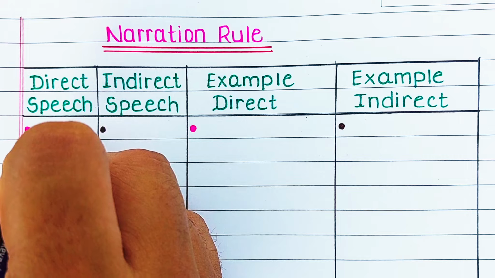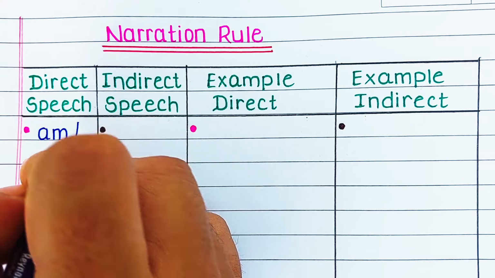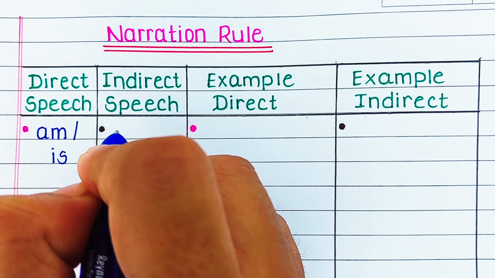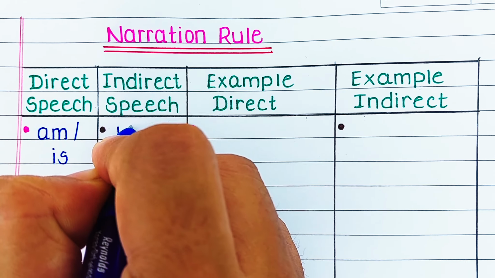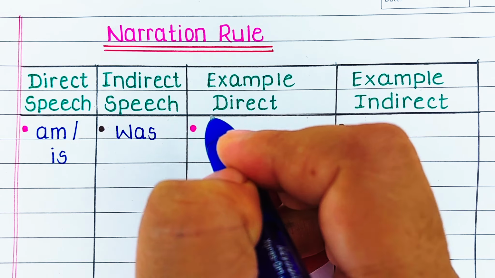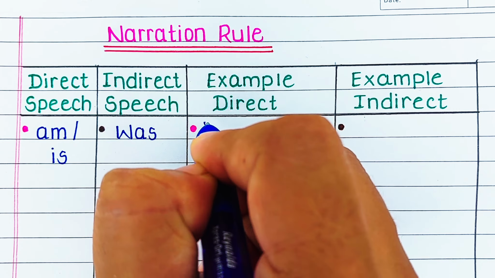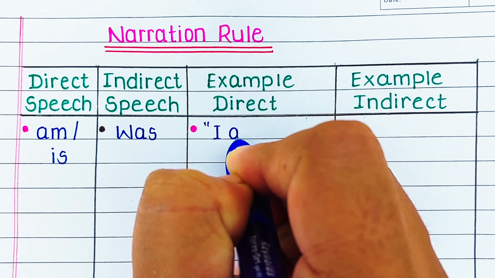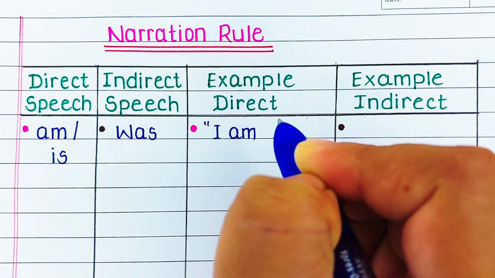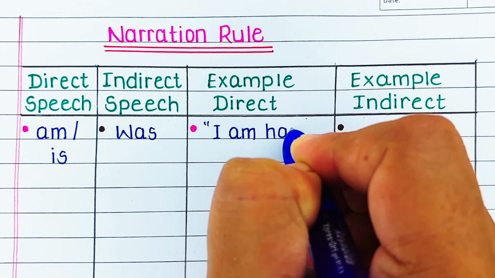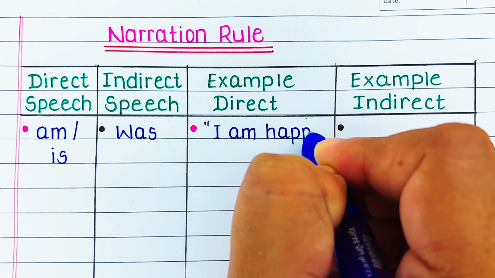In this video, we will learn about a very important topic in English grammar, narration rule. Rules for narration, also known as direct and indirect speech, involve changing quotation marks and punctuation, adjusting pronouns, shifting tenses back, and altering certain time and place expressions to convey someone's words in your own way.